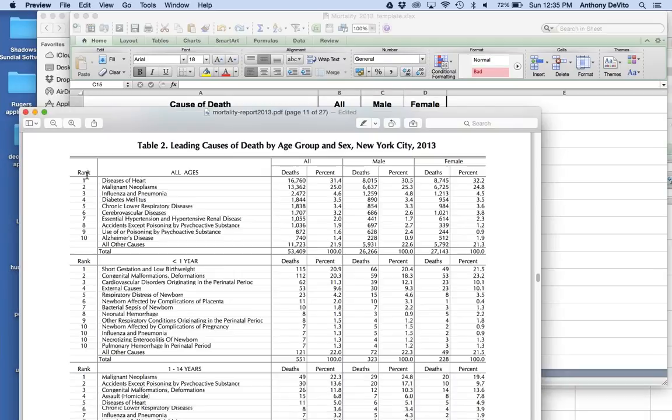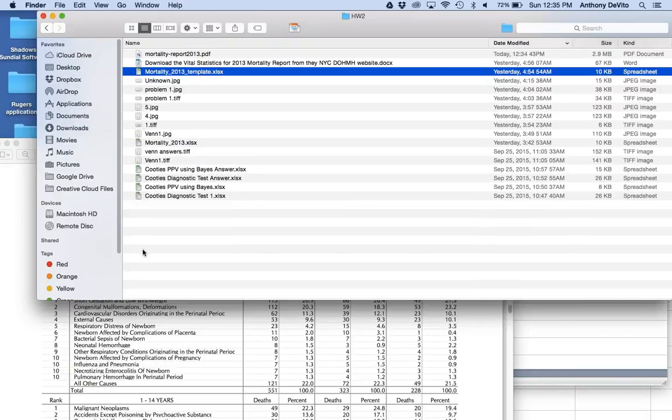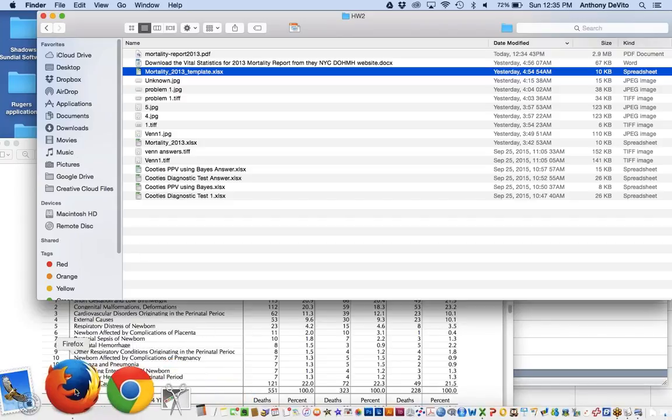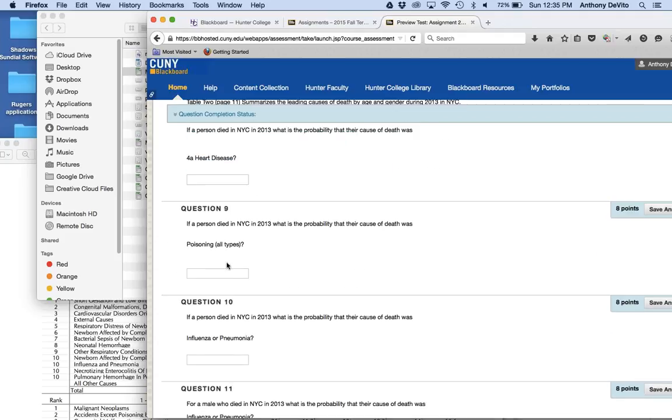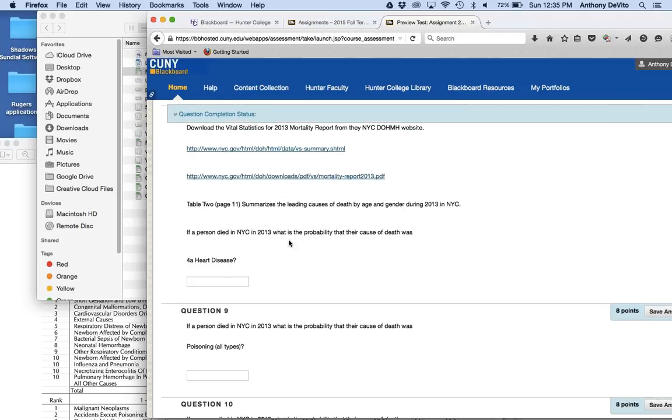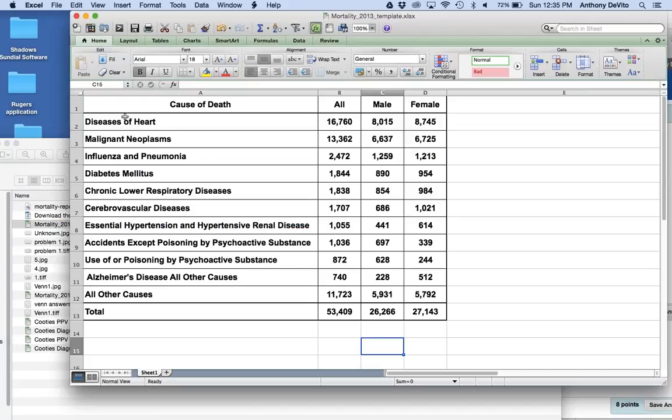Okay, so at any rate, let's take a look at what I asked you for in the problem. First thing I asked you for is if a person died in New York City in 2013, what's the probability the cause of death was heart disease? Okay, so that should be pretty straightforward. I'm looking at all causes, all genders, all people. Heart disease killed 16,000 people, 17,000 people, out of a total number of 53,000